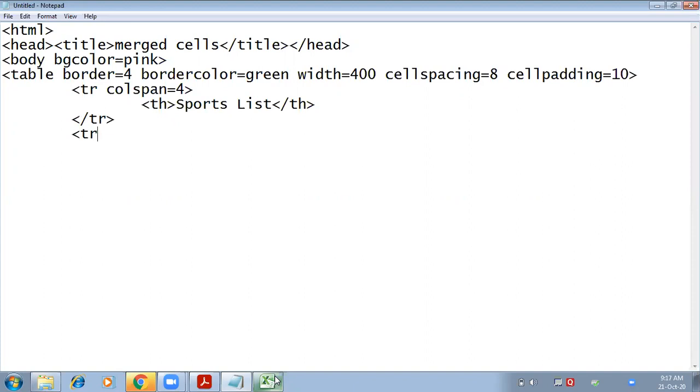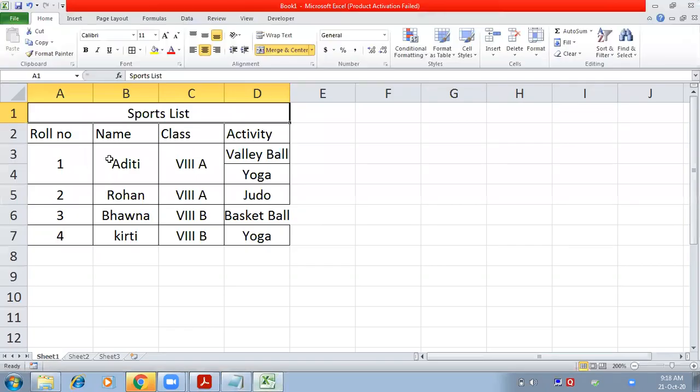Now again start the tr tag for the next row. In the next row I have to insert the content of four different cells, but in the first cell, in the second cell, in the third cell, I have to merge two rows.